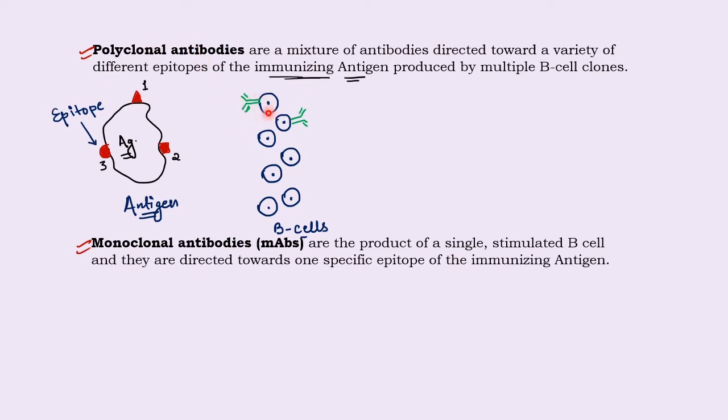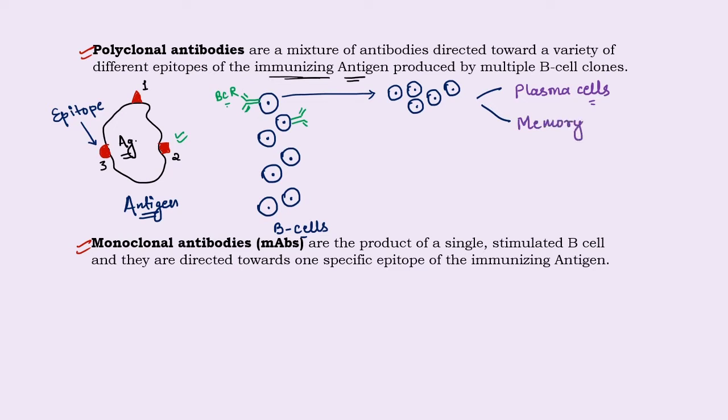These B cell receptors help the B cell to interact with the epitope present on the antigen. When B cells interact with the epitope present on the antigen, they get activated and they start dividing to form a large number of clones. Okay. Now these clones are differentiated into two different types of cells. One is the plasma cell with very short lifetime, and the other one is memory cell, memory B cell. Memory cell helps in adaptive immunity in our body, and plasma cell helps to produce antibodies.